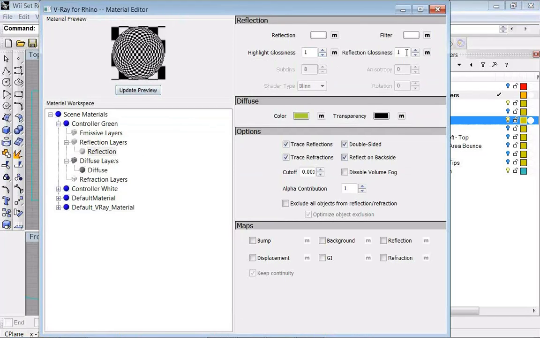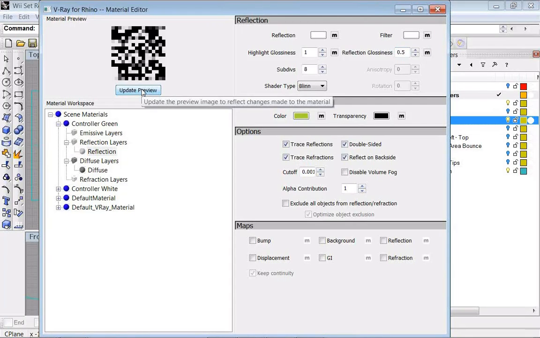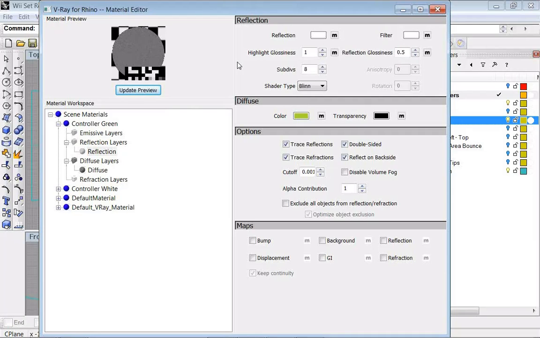Now, I was talking before about the glossiness. For example, we set this one to 0.5. It looks actually very grainy. This means it is very, very blurry. Just a small tip. In most cases, you should be able to work with values like